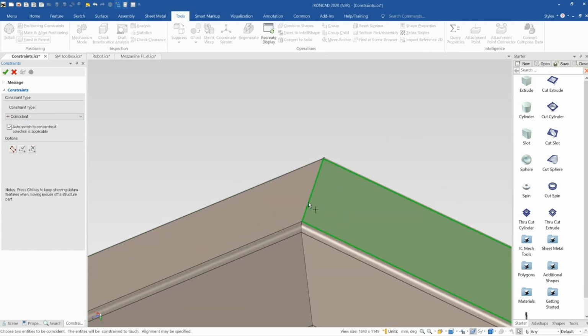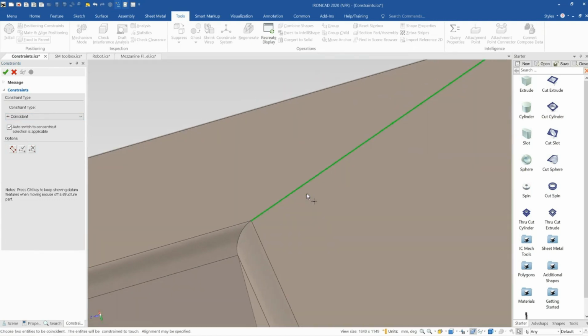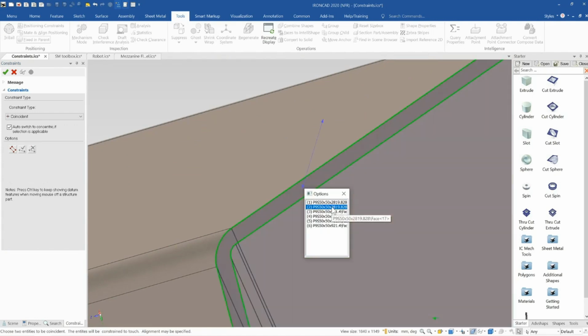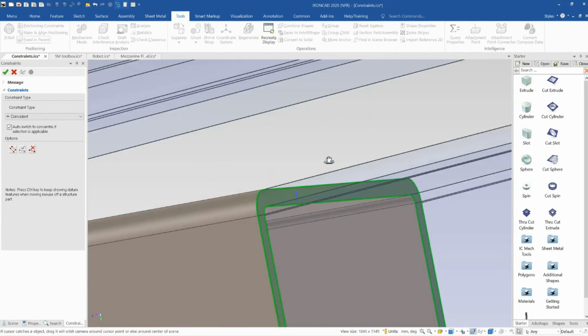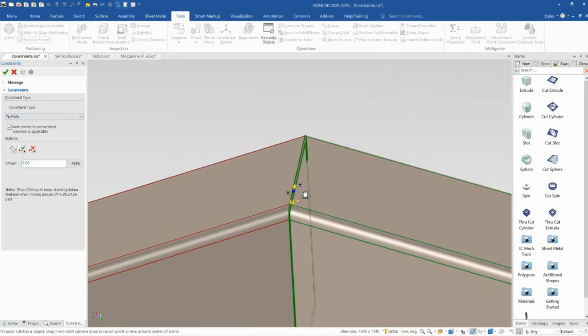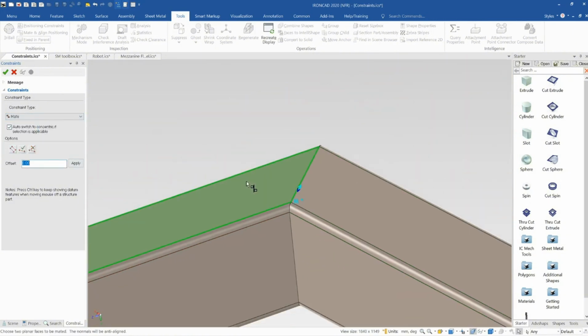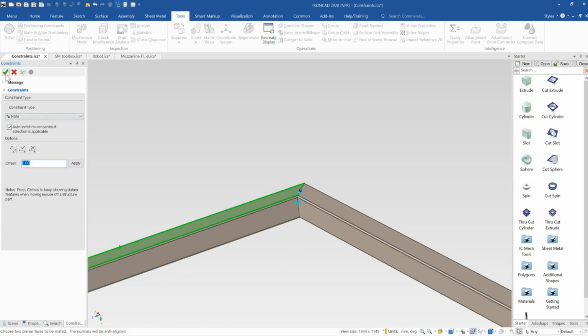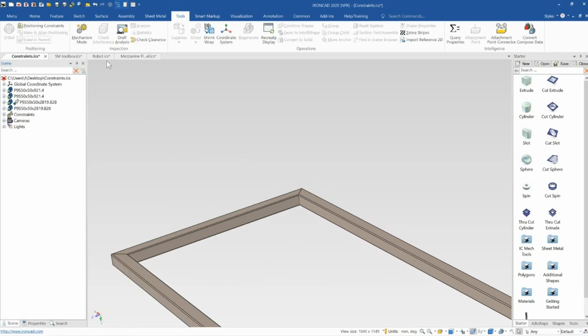This one, I'll zoom in really close and press the Control-Alt key to select behind that and actually select that back face. So you can see that face there. I'm going to select that face and add a mate constraint. And a mate constraint is essentially like gluing the two faces together. And I'm actually going to leave that one just as a mate constraint and show you the behavior that that creates. So if we now turn on mechanism mode,